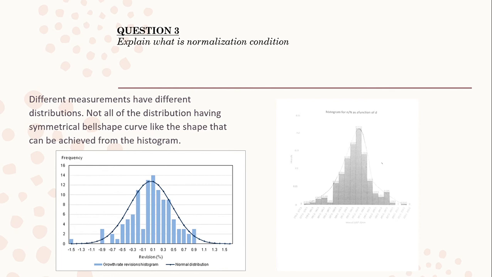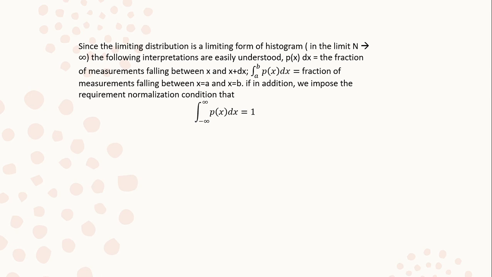However, there is overwhelming evidence that for almost all measurements there exists a limiting distribution which our histogram approaches more and more closely as we make more and more repetitions of measurements. Since the limiting distribution is a limiting form of the histogram in the limit n approaches infinity, the following interpretations are easily understood. p(x) dx equals the fraction of the measurements falling between x and x plus dx,